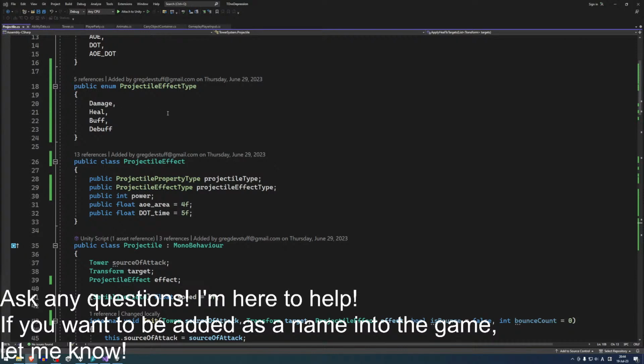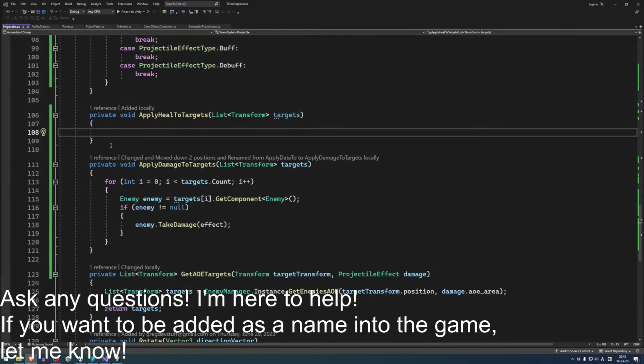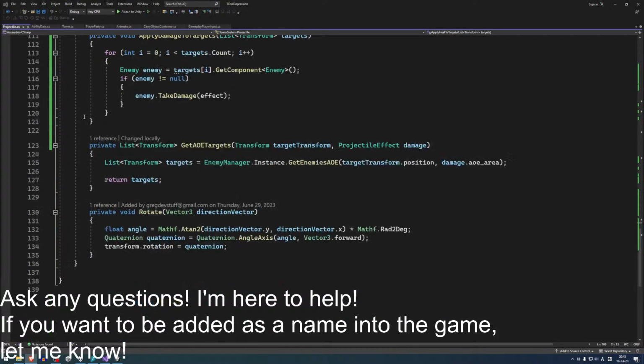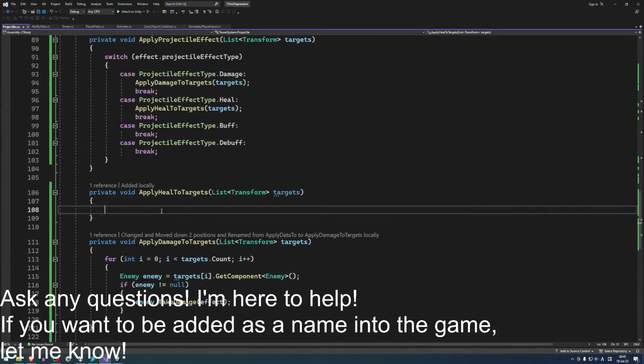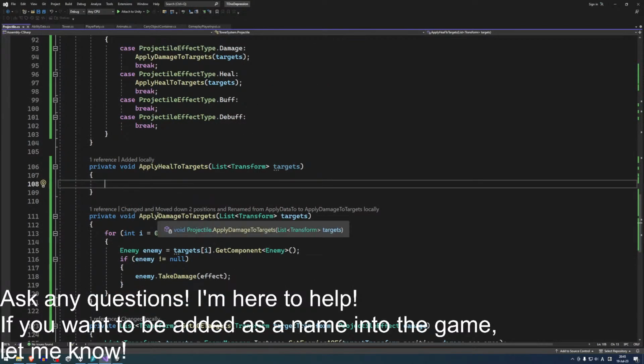I'm really confused. How am I going to deal with buffs and debuffs? Why heal to target? So I would say for now we don't have